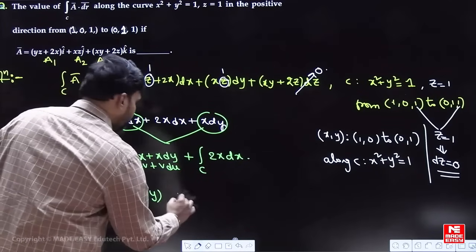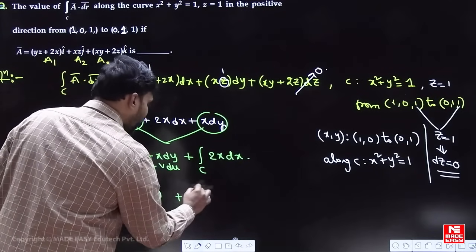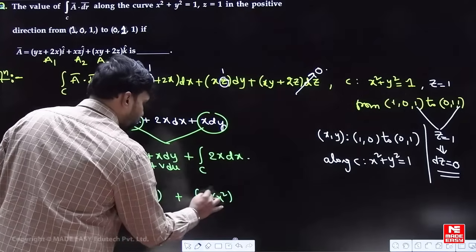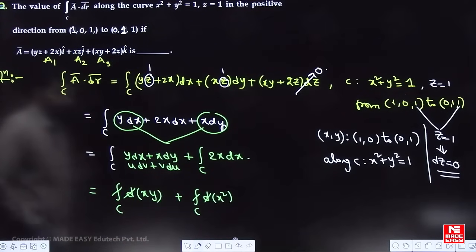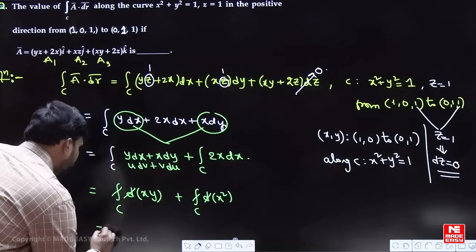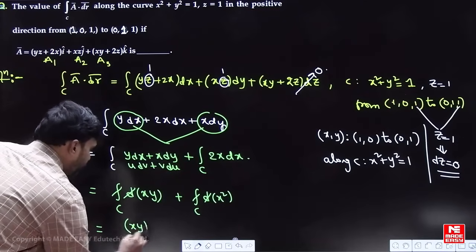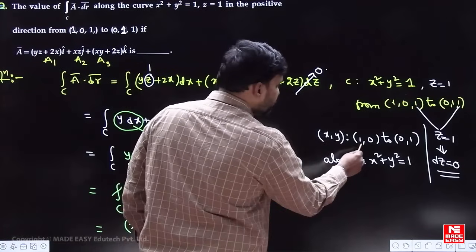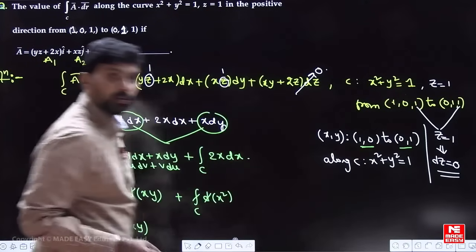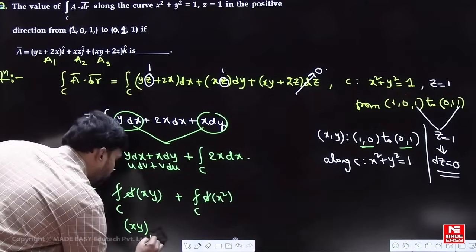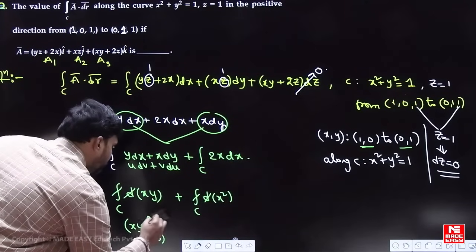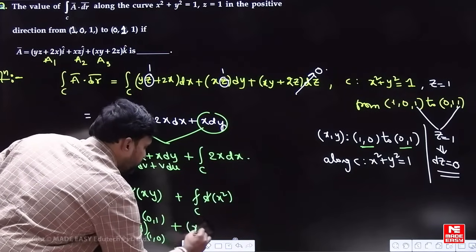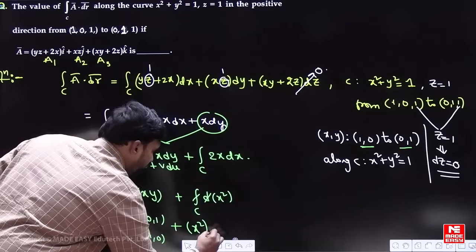So then, this one here, we can write the integral over c, it's a derivative of x square here. So derivative and integral cancel here, and we can write it as xy along the contour. Which point to which point here? It is 1 comma 0 to 0 comma 1 along the contour, plus here x square, that is also